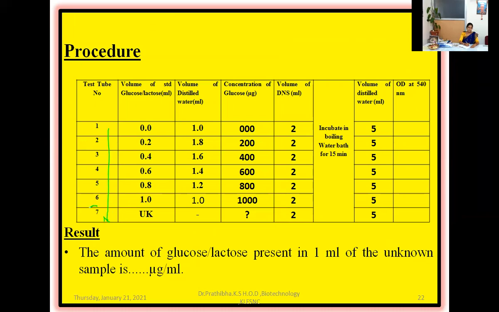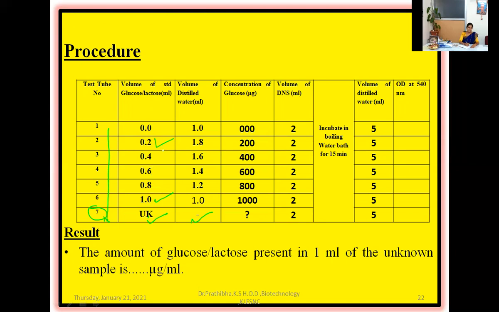The 7th test tube we are going to give to the examiner to add the unknown sample. You are not going to do that. The addition of the unknown will be done by the examiner, and water also will be added by the examiner. Further, you need to add the 2 ml of DNS and the volume of distilled water. So to all the dry test tubes, you are going to add different aliquots of sugar, that is glucose solution, ranging from 0.2 to 1 ml. You are going to pipette and add into the different dry test tubes.